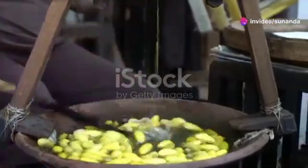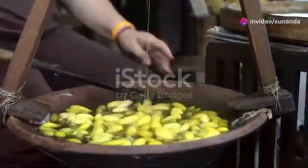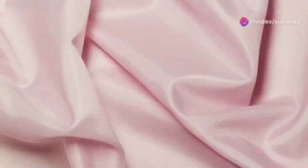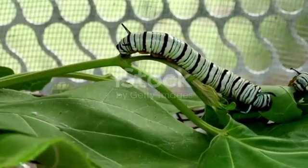Mulberry silk, produced by the Bombyx mori silkworm, is the most common type of silk, accounting for about 90% of global silk production. Known for its lustrous sheen, smooth texture, and hypoallergenic properties, mulberry silk is highly valued for its luxurious feel and drape. Tussar silk, also known as wild silk, is produced by silkworms that feed on trees other